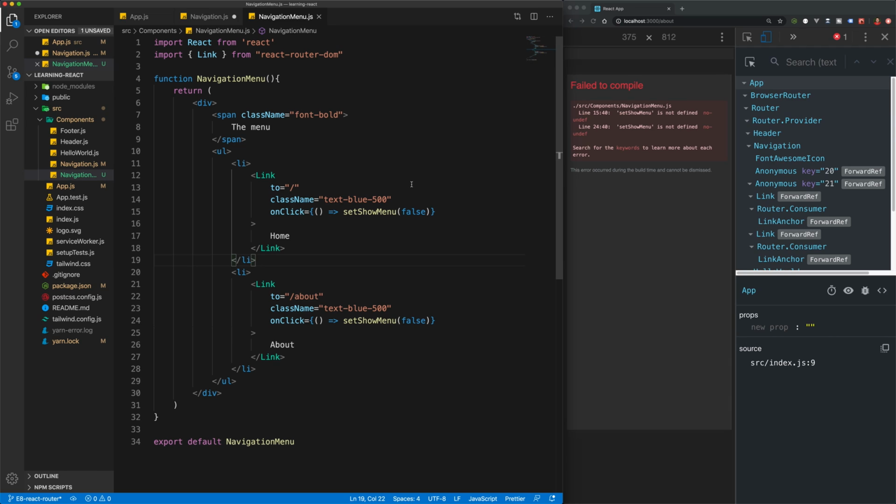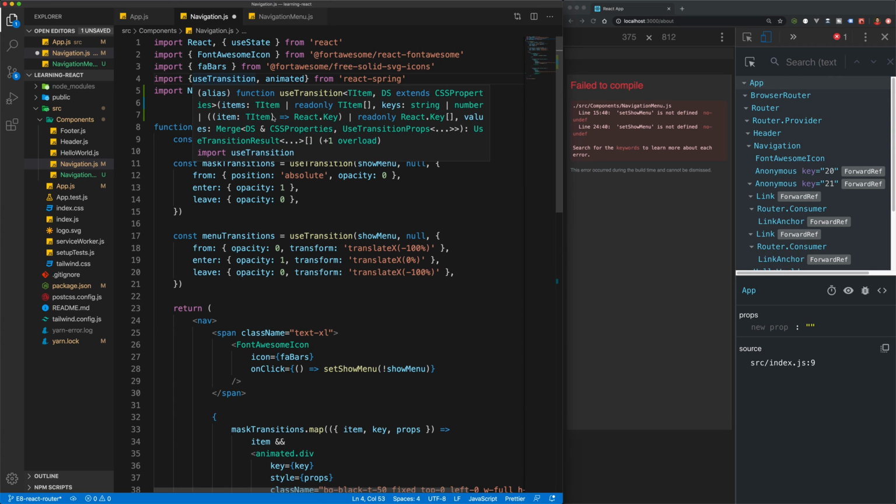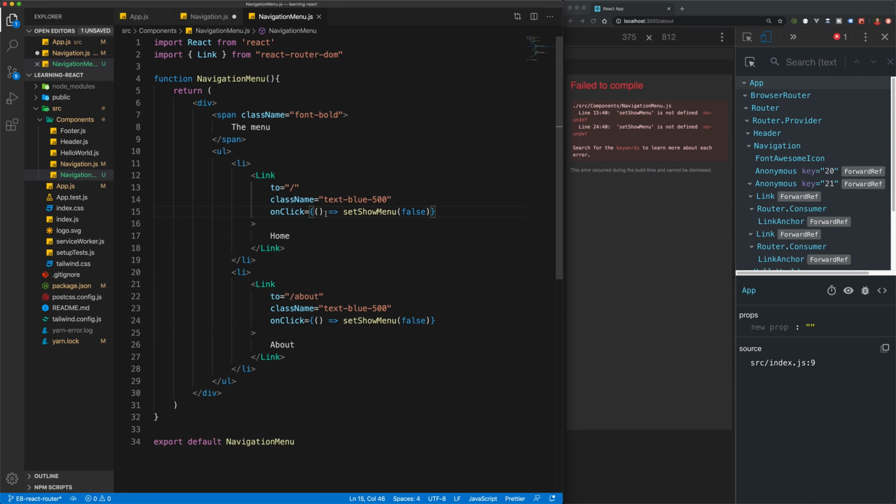But now you'll notice that we've got this next problem, which is that setShowMenu isn't defined. What we're trying to do is fire a hook or a setter from the navigation menu component. So what we can do here is simply pass this in as a prop. On click, what do I want to do? I want the menu to close. So let's accept some props here, and on the click of this, we'll pass in props.closeMenu, which is a prop that currently doesn't exist,